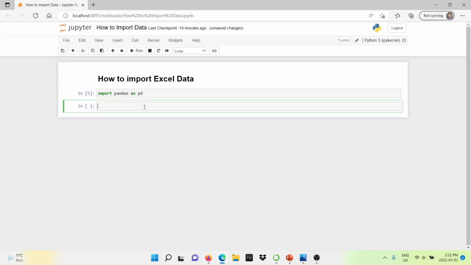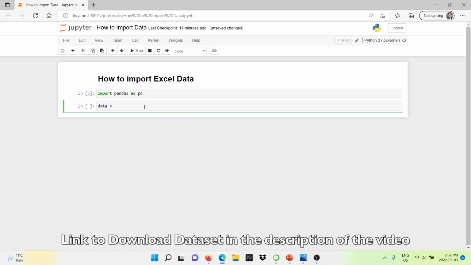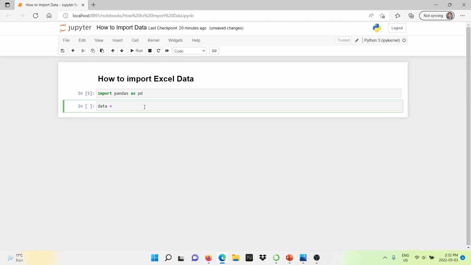Now to import the Excel data, I'm going to just type here data equals, and what I'm doing with data equals is just making a reference. So anytime that I write data, Python will know that we are referring to this specific data set that we're importing now. So we're going to be using pd dot.